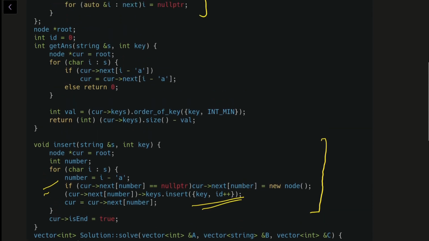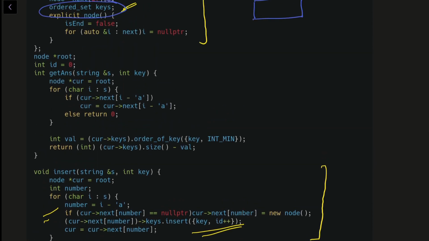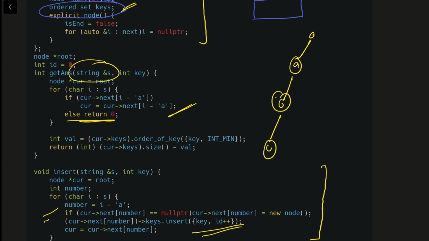Now after that, another important function is get answer. So in get answer, again basically I am iterating over our string, the prefix which we are trying to search for. If we can find that prefix, I am basically returning. Otherwise, I am just iterating over to that end node, or basically let's say this is our try A, B and C. Then let's say the prefix is B. Then I am basically going till B.